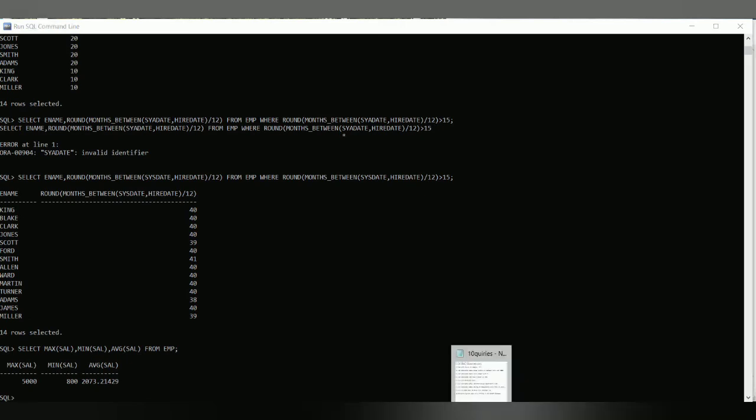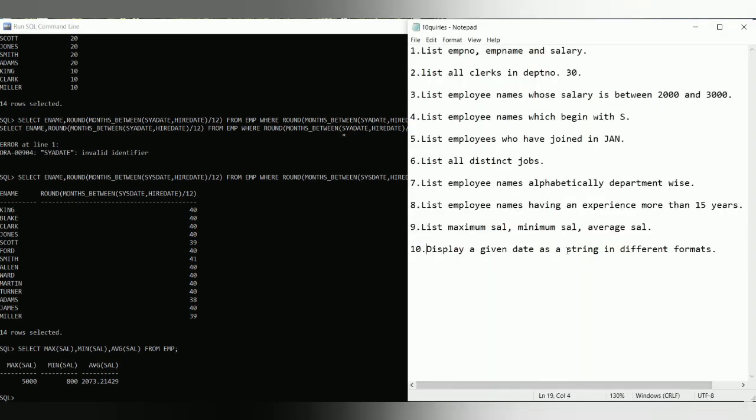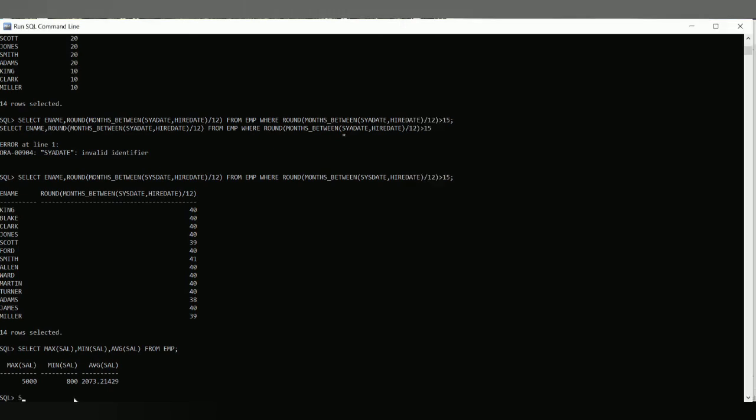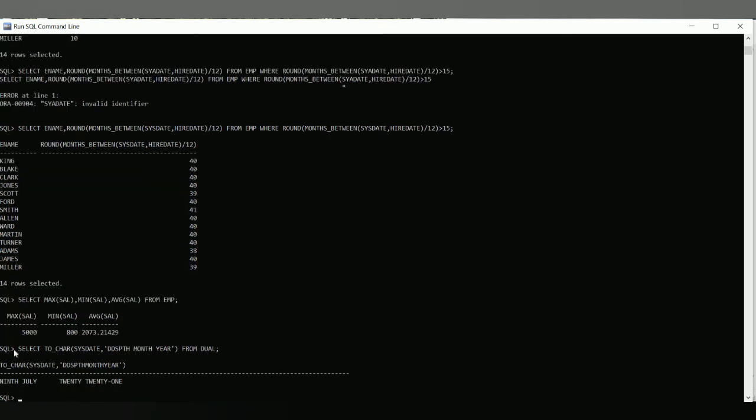Now we have to work with another query. Display a given date as a string in different formats. We have a number of formats. Let's see one by one. Select to_char sysdate comma first format DDSP MONTH YEAR. This is one of the formats.